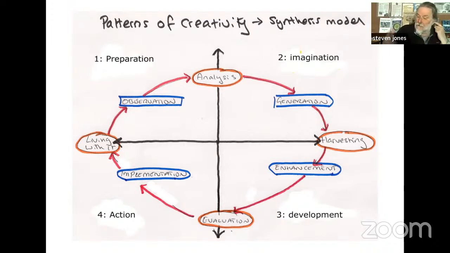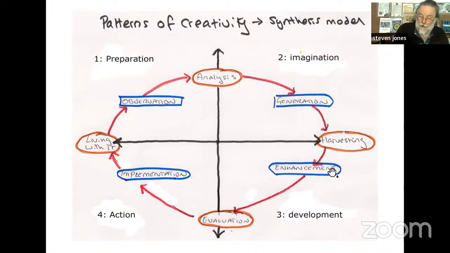As we enter stage 2, imagination, can we start generating ideas based on our analysis, based on what it's telling us? Well, the climate's like this, the resources are like that, the needs are this, these are the available materials that we have. We're now going to generate ideas, and then start sifting through those ideas, harvesting them, picking out the ones that look the most important. So we've gone from experiencing it to thinking about it analytically, and then generating ideas, picking out the best ones,